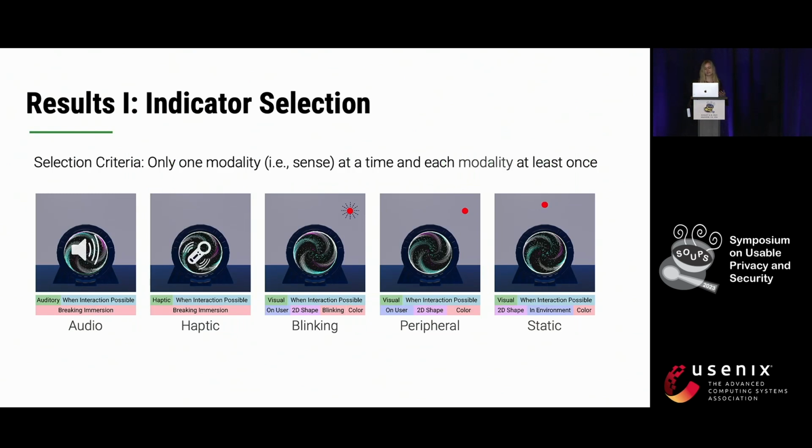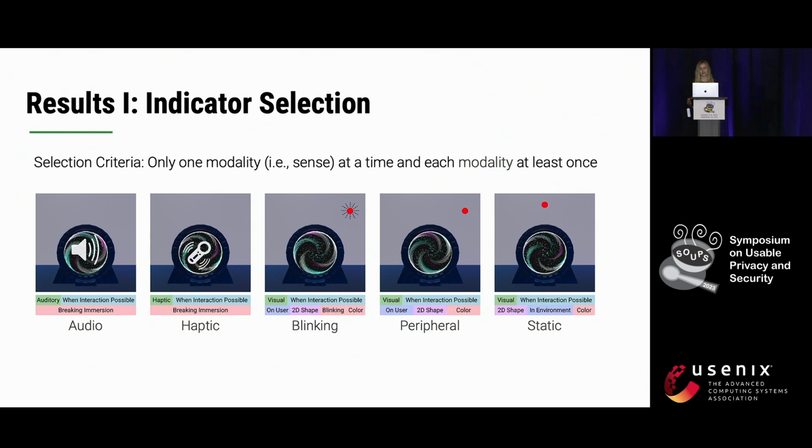Next, we had to select several indicators we wanted to test in our lab study. And for this, we had mainly 2 key considerations in mind. So we first selected those indicators that were most frequently suggested by our experts. And we took some additional design considerations into account. So our most important key consideration here was not to restrict the designer's freedom too much. So we didn't want to occupy more than one sense at a time.